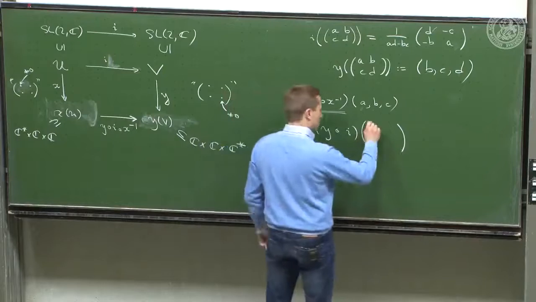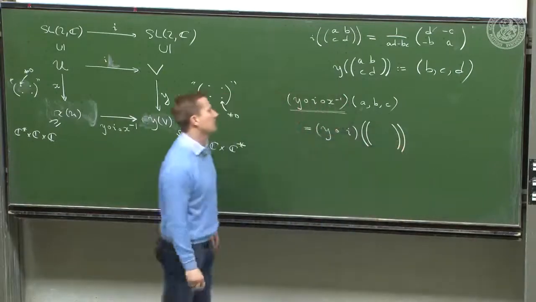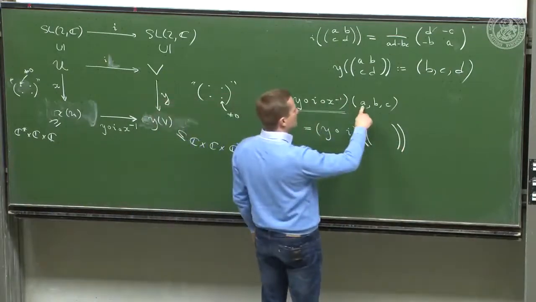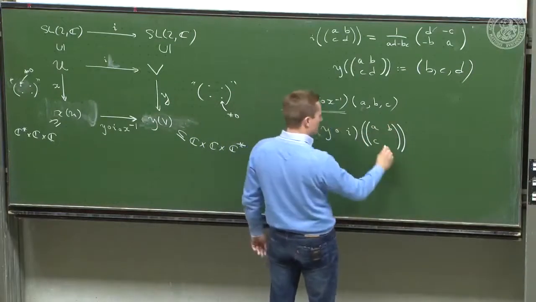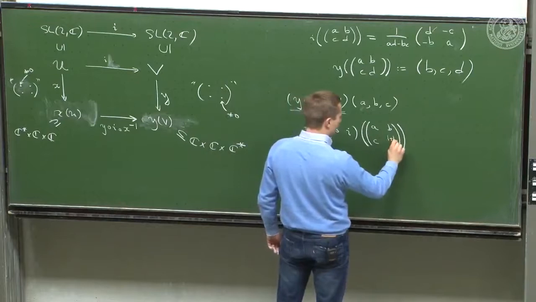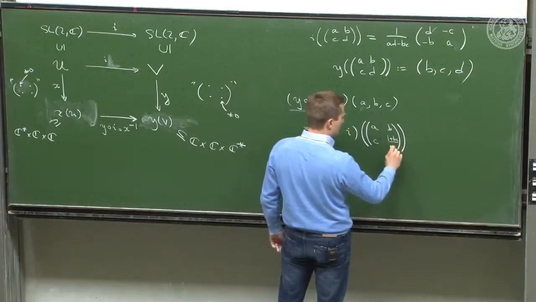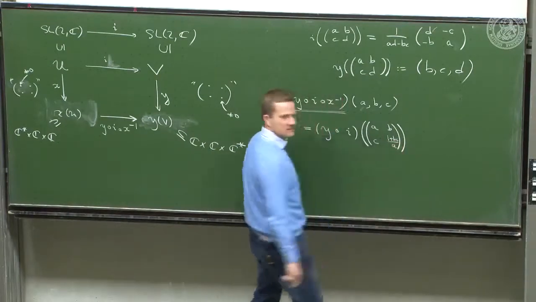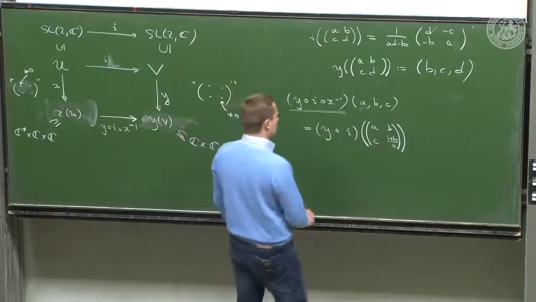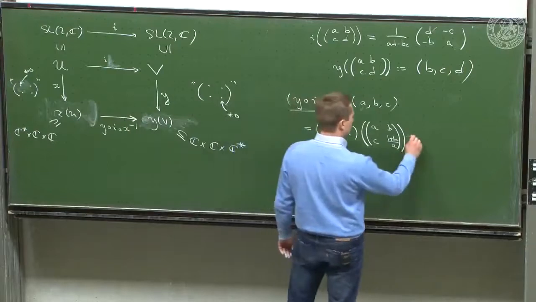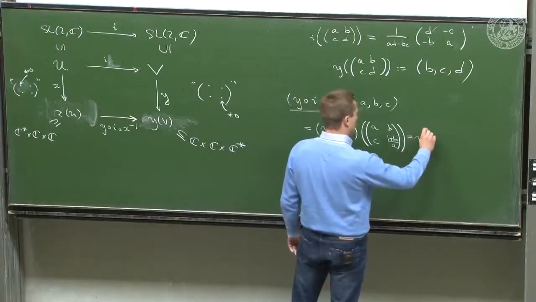applied to, well, be very picky, you open brackets again, applied to A, B, C, and x inverse constructed 1 plus BC by A. Isn't that right? Right. Okay, so that's what this guy does. Now, what does the I map do to that? So this goes to y of,